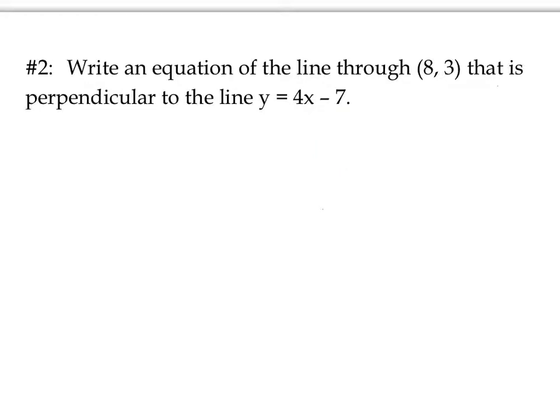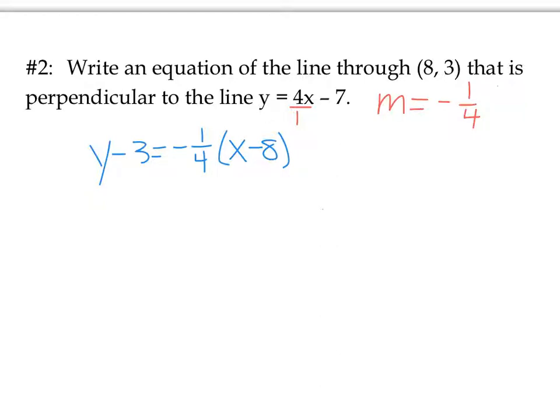Okay? So if we look at this equation, and we want to write a line perpendicular to y equals 4x minus 7. If it's perpendicular to this line, that means it's going to have a slope of negative 1/4. Remember, 4 is the same as 4 over 1. So reciprocal will be 1 over 4, and then we change the sign. And now we could write point slope form, let's say. So we'd have y minus 3 equals negative 1/4 (x minus 8). Right? We use the point 8 comma 3, we use the slope negative 1/4, and we can write point slope